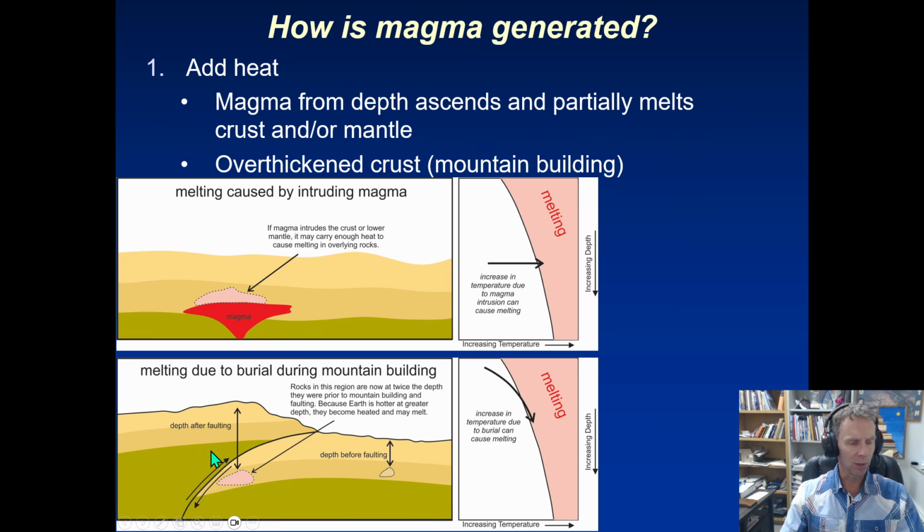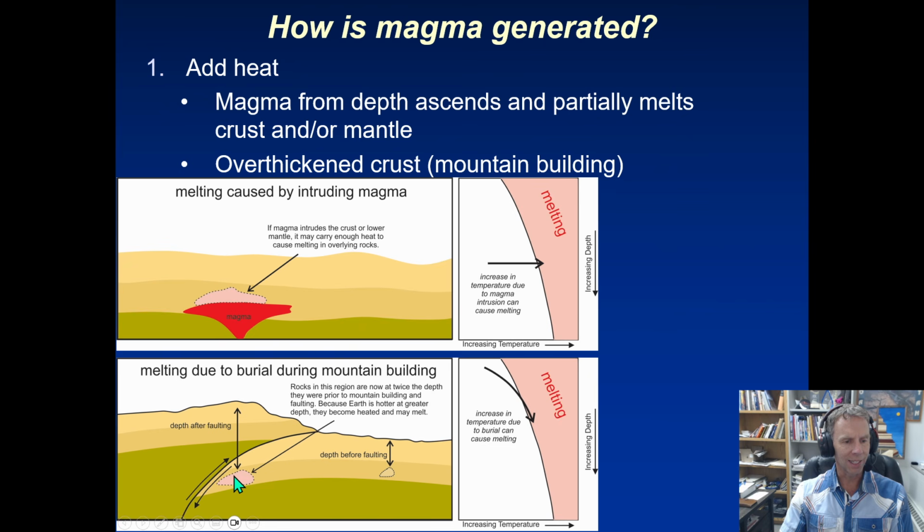So in this case here, if you look at the bottom left diagram, we have maybe a subduction zone or a thrust fault, something that's stacking rocks on top of themselves, and in doing so we've created a very thickened section of crust. The mountains are big, the crust is much thicker than it was previously, and so this same batch of rock that was maybe over here close to the surface or some depth below the surface, as this mountain building process takes place, notice now it's much deeper,